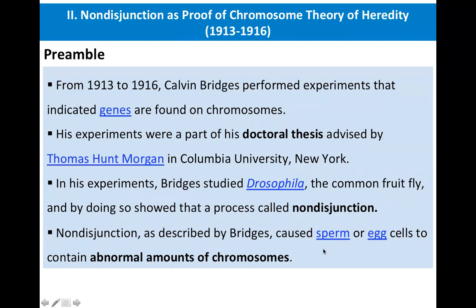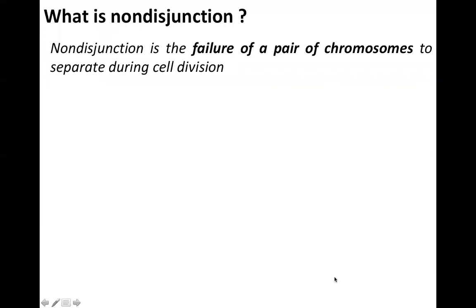But because of non-disjunction, these eggs and sperms carry an abnormal number of X chromosomes. So what is non-disjunction? It is the failure of a pair of chromosomes to separate during